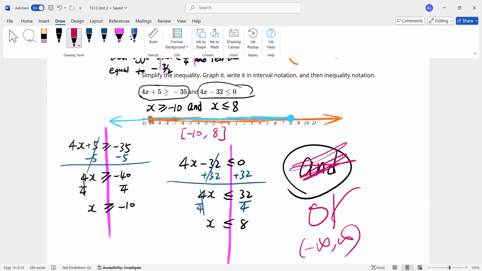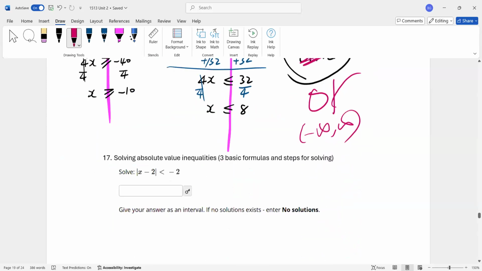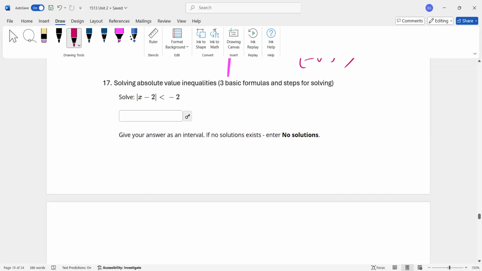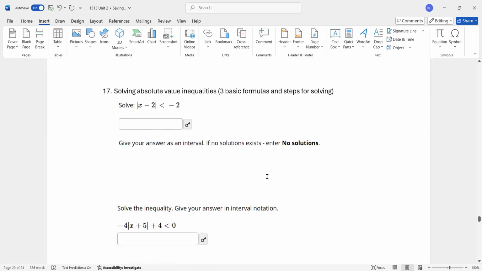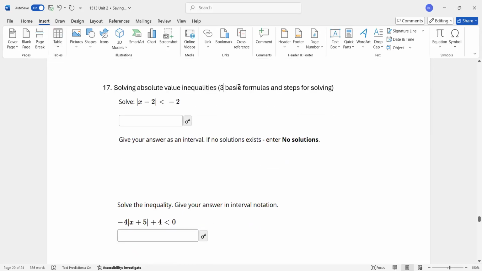Yes. Perfect. Okay, let's move on. We're going to talk about absolute value inequality. So firstly, I'm going to give you 3 basic formulas, and then we're going to practice this process. And the first one,